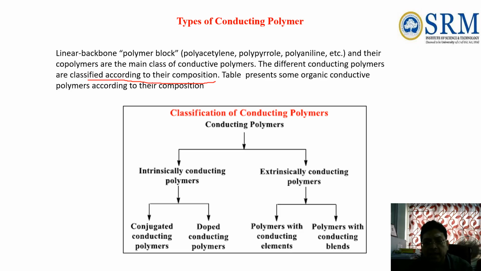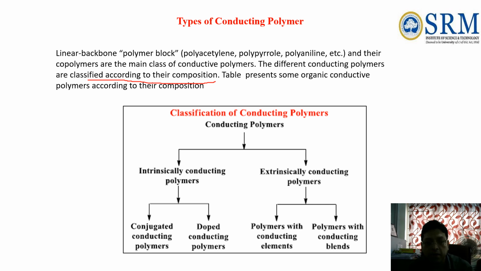So these have electrical conductivity due to the extended conjugation and the delocalization of pi electrons. Another category is the doped conducting polymers. By adding some foreign agents, the conductivity can be enhanced. And extrinsically conducting polymers, that means when the polymers are blended with some conducting elements or conducting fillers, they